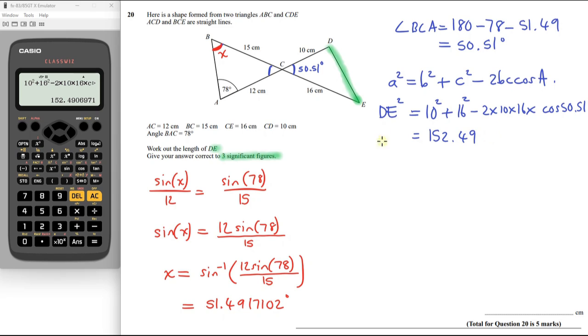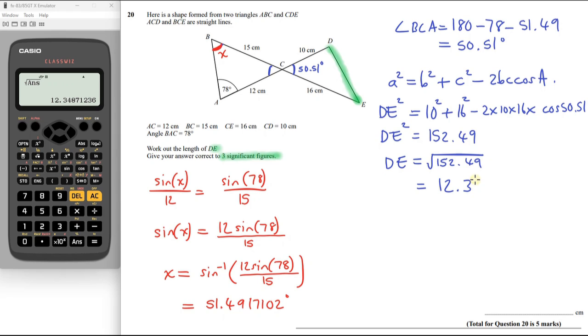And remember, that is DE squared, so we need to be careful. DE is going to be the square root of that. So let's just square root our answer, and we get